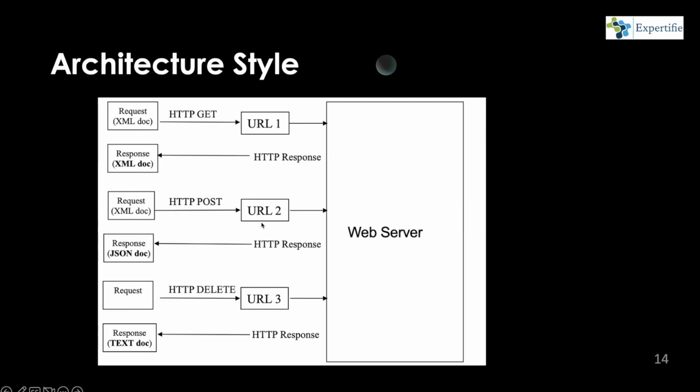Let's say client 2 wants to create a resource. So the client is using an HTTP POST request. Web server would create the resource and give a response that the resource is created on the server. And let's say client 3 makes a request for deleting the resource. So it would use the HTTP DELETE method, and after deleting, the response might be that the web server says this resource is deleted successfully, so it might be in a